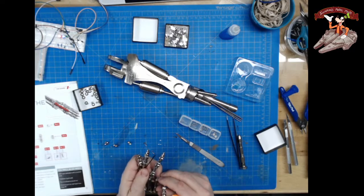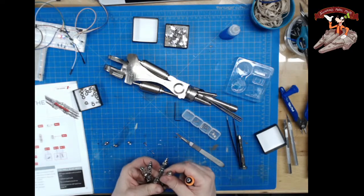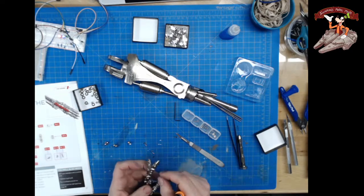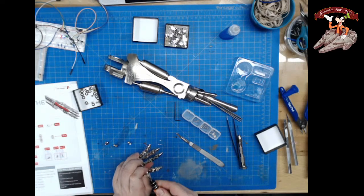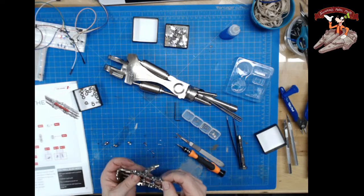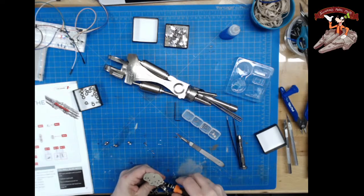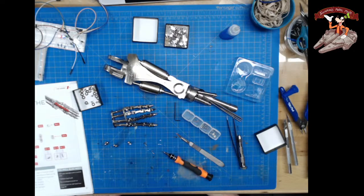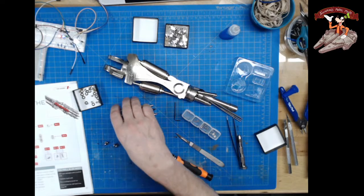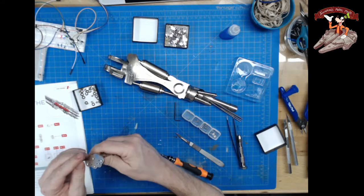It's not quite lined up. It's good enough. They're gonna hold eventually. All right. Let that thing flap. Yes, screwing with my balls. So these bottom three